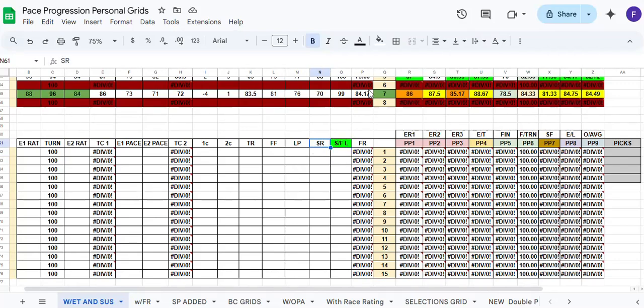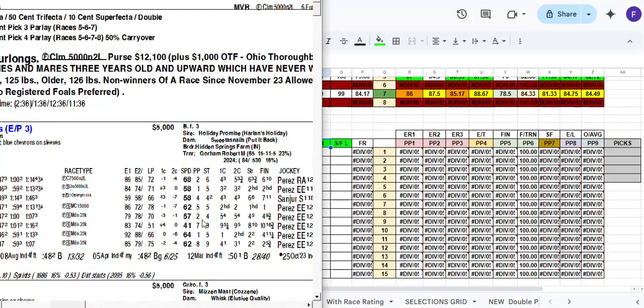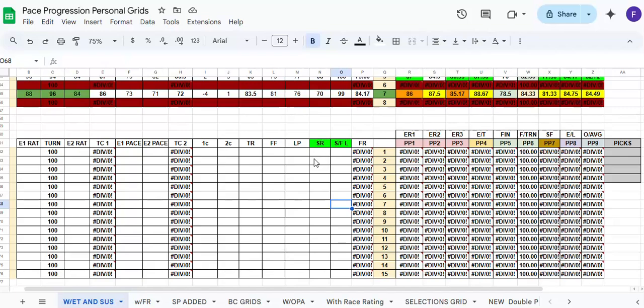I've also added the speed rating column, because up to this point we've been doing nothing with the speed rating unless you have your own model, which I know a few do in the Discord, where you've added the Brisnet speed rating, which is found right here, to the model. It's now in there. I'm not using it as a standalone. I'm not looking at who the top speed ratings are and making sure I include them on top. I don't like to do that because, again, most of the public sees that as well. But instead, I'm using that as an ingredient in some of the factors over here on the summary grid, including the